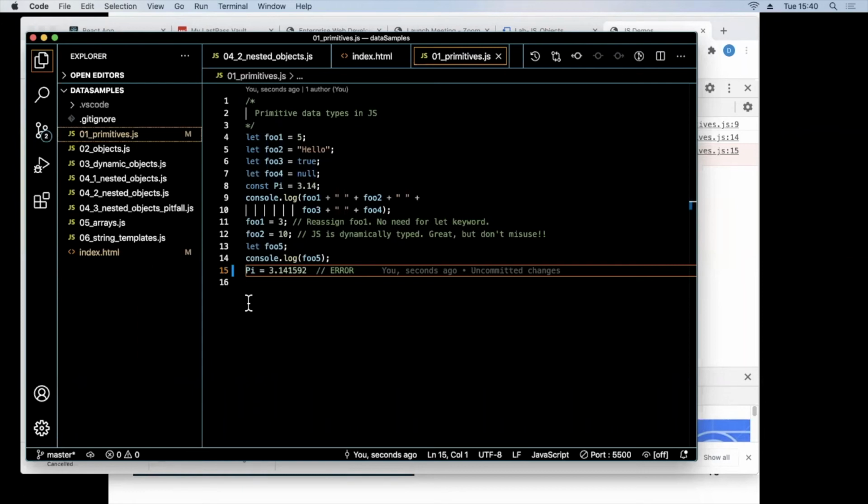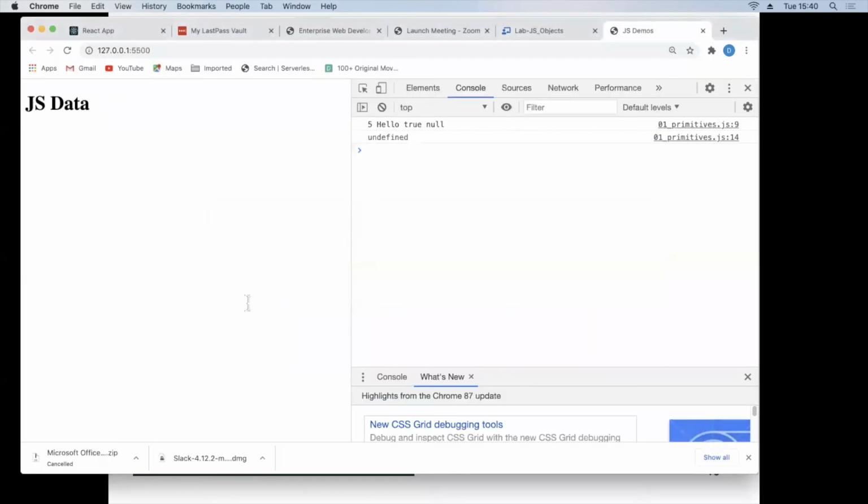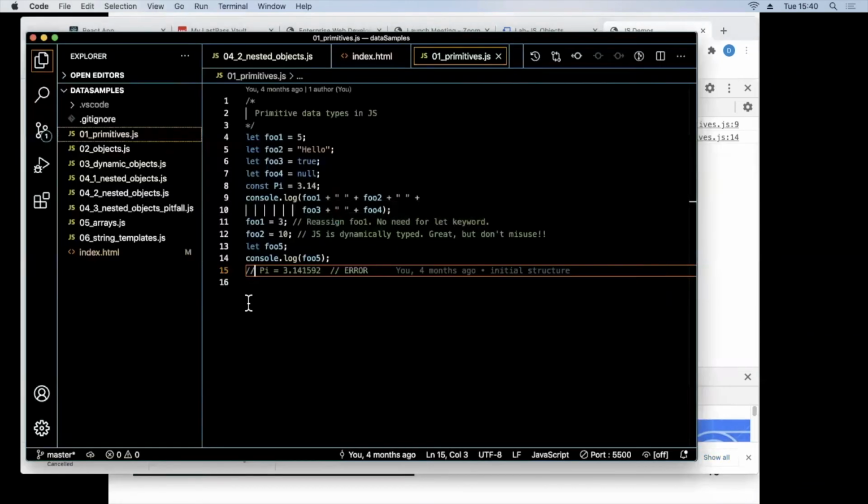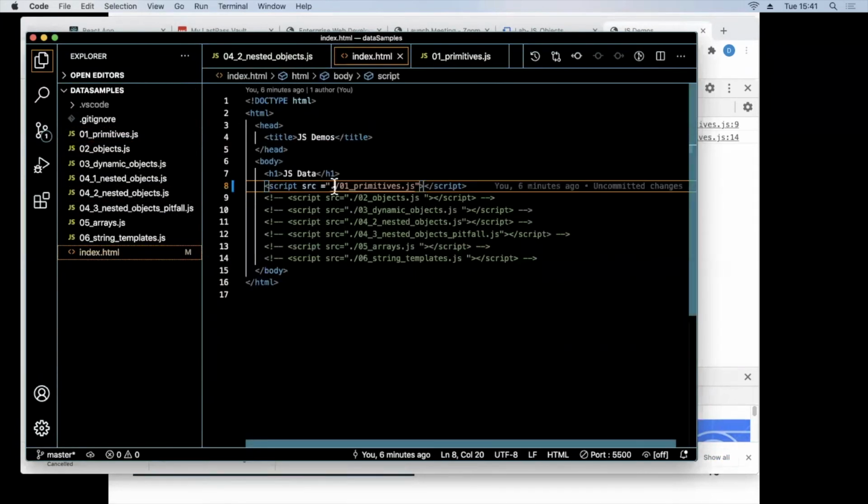So let's undo that and save it again. Back to my browser, and it's now corrected itself. Any questions about that? Right, let's move on to